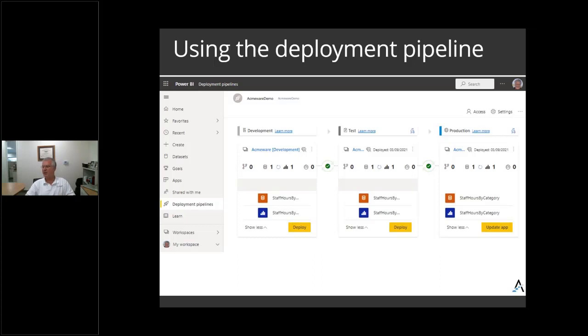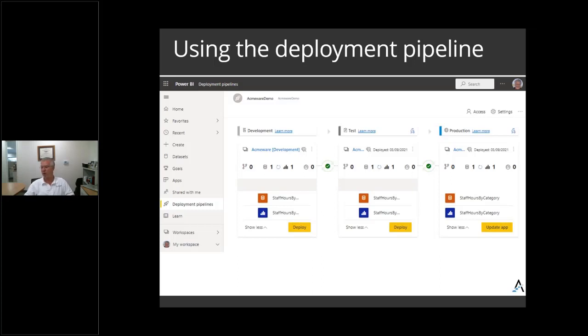I won't go into a lot of depth on that, but it's built into the Power BI service, and you can use it or you cannot use it. But if you do use it, it gives you the ability, through security, to have one set of developers working in the development environment, a second set of people who are quality control, who are turned over reports to validate them. And once they're given the green light, you can easily promote or publish that report to a production environment where end users will see